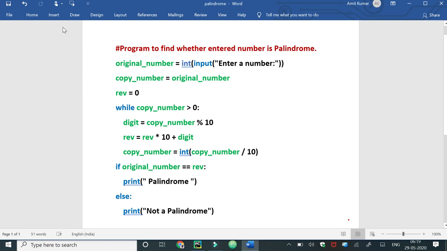is palindrome or not. So first, what is a palindrome? A palindrome is a number which is the same when it is reversed. So suppose here 1 2 1. 1 2 1 is a sequence of numbers, but if we reverse this number here, it will again